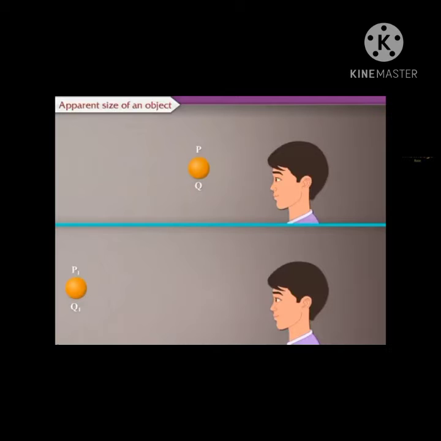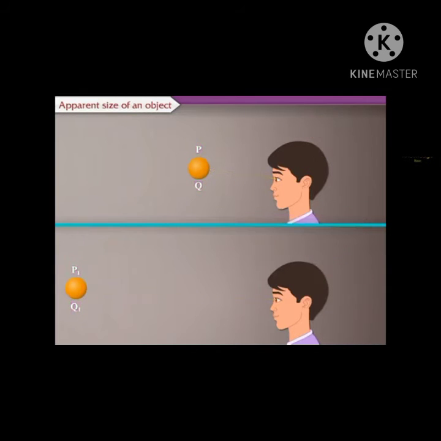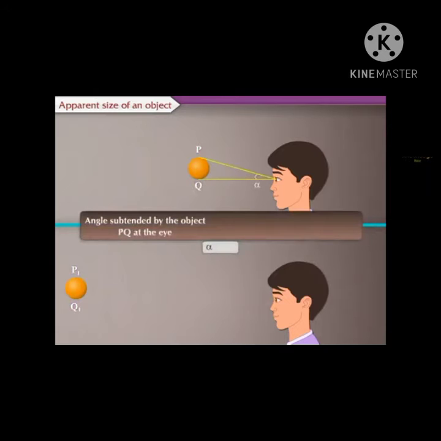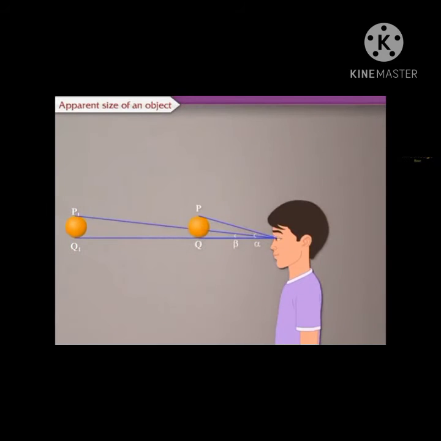Let us consider two objects PQ and P1Q1 having the same size but kept at different places. Object PQ will appear to be greater than the object P1Q1. As shown here in this activity, the angle subtended by the object PQ at the eye is greater than the angle subtended by the object P1Q1 at the eye. From this we can conclude that the apparent size of an object depends on the angle subtended by the object